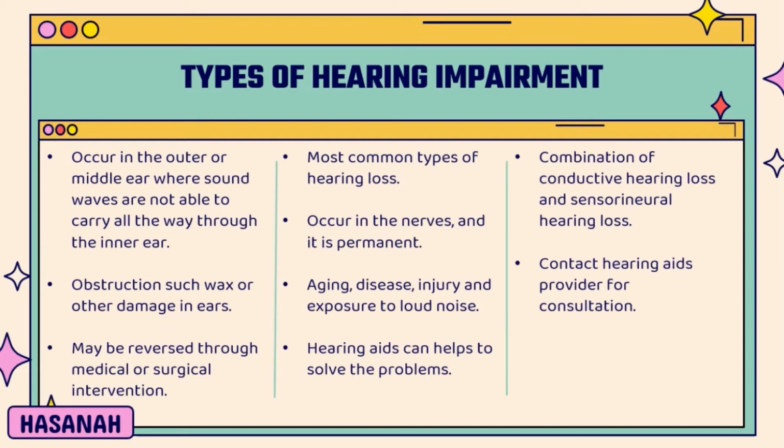Lastly, the third type is mixed hearing loss. It is actually a combination of conductive hearing loss and sensory neural hearing loss. If you are diagnosed with this impairment, you need to contact the